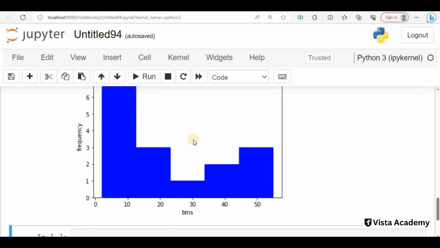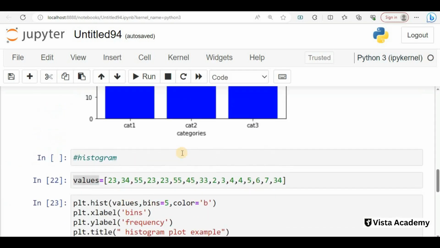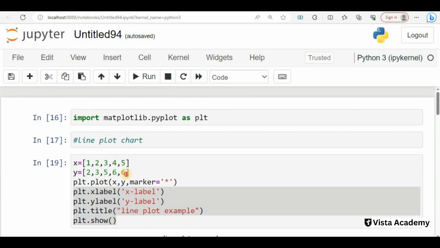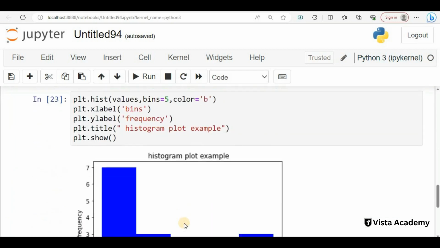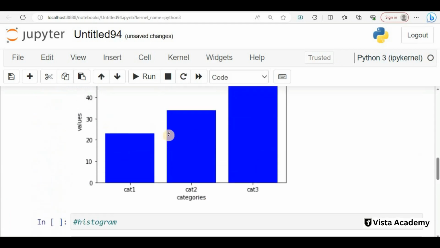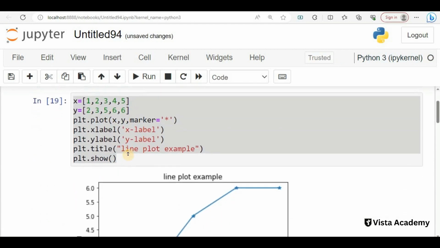So the next chart we will create is your scatter plot. So how will we create a scatter plot? We already have data, so I will use this data only. I will take this data and copy all of this, so that we just have to change the name only, and we will create a scatter plot chart using this. I have taken the data here. Okay, so I will just copy the complete chart.